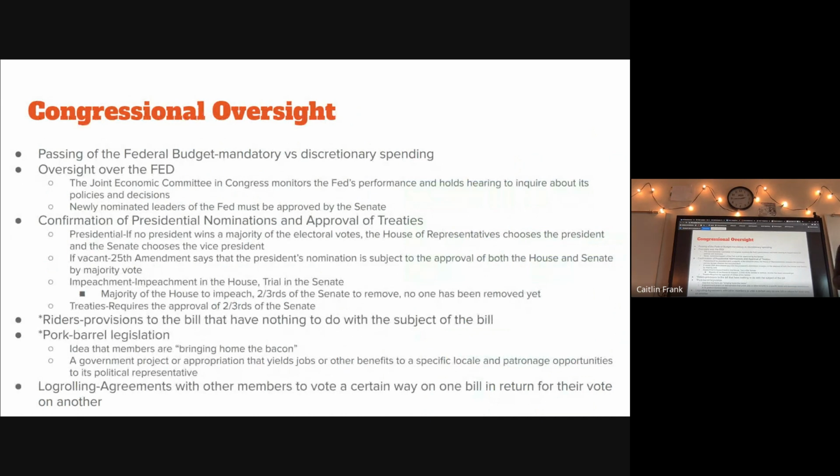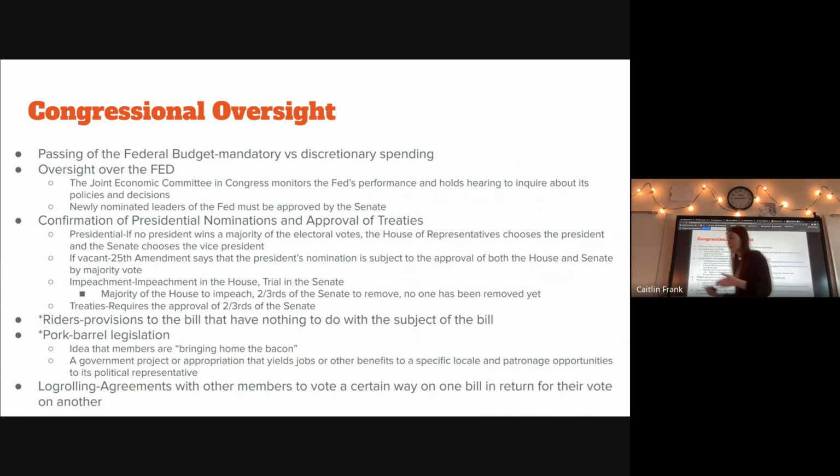In terms of oversight, the Congress has oversight over both branches. Over the president and bureaucracy, again, they have the power of the purse. They also have the power of approval of appointments. So when the president appoints people to the bureaucratic agencies, to his cabinet, when the president appoints the leaders of the Federal Reserve and federal justices, including Supreme Court justices, the Senate has to approve those appointments, which the Senate